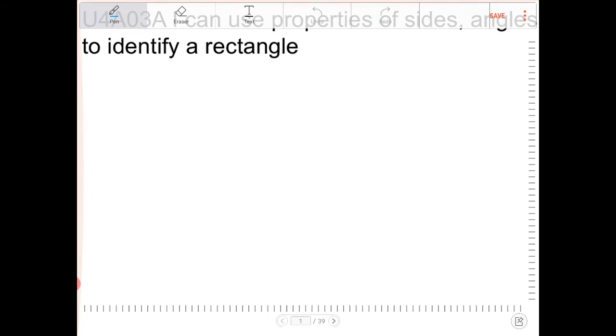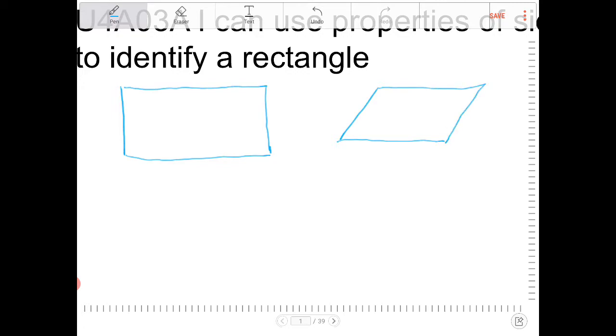Now, a rectangle, I know what you guys are thinking. A rectangle, like we know what that is. We knew what that was ever since entering pre-K, right? I have a young daughter. She is entering pre-K at the time that this video is made. So she already understands what a rectangle is compared to, let's say, another shape that's not a rectangle. If I were to ask her to identify which one's a rectangle, she immediately points to this and says that